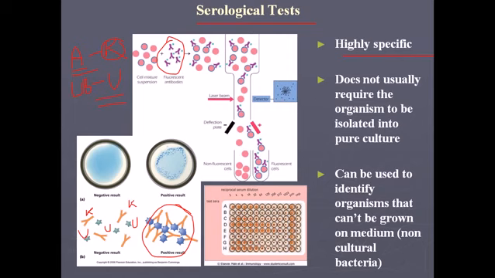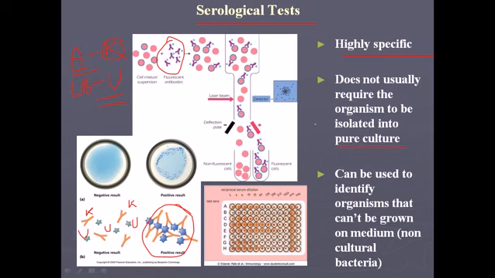Okay, so that's the drawback of this serological test: we can only use this kind of test to distinguish the species, or to a very small extent the genus, but not more than that. Okay. Another advantage is that it does not usually require the organisms to be isolated into pure culture,